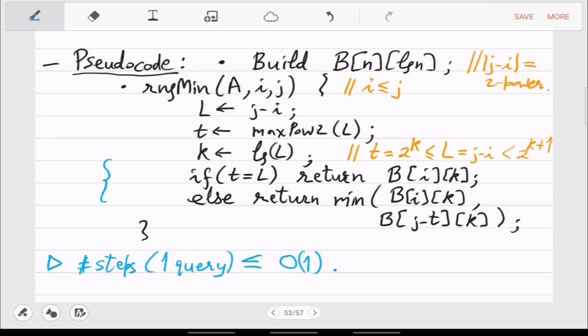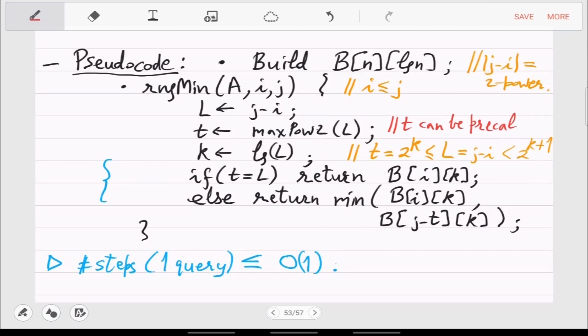Okay, so the query is as fast as possible. Every query you can, once you have the matrix B and some basic arithmetic already pre-calculated, you will be able to answer any query in constant time. So maybe one remark I can make here, that T and K, or T rather, can be pre-calculated.